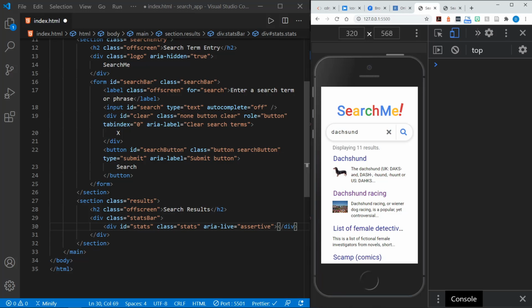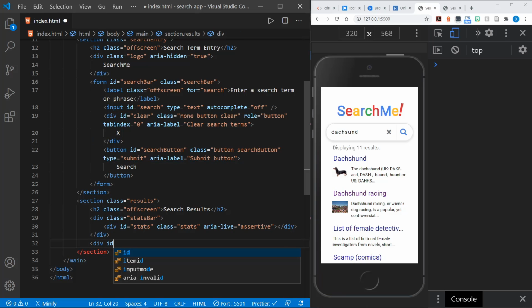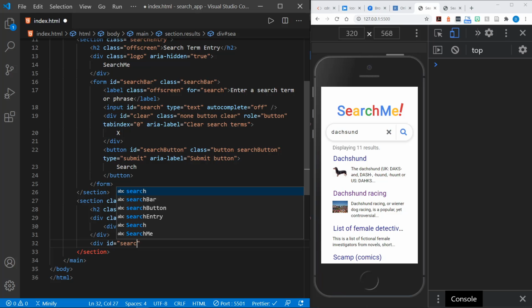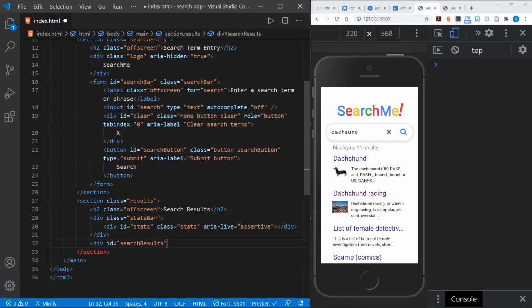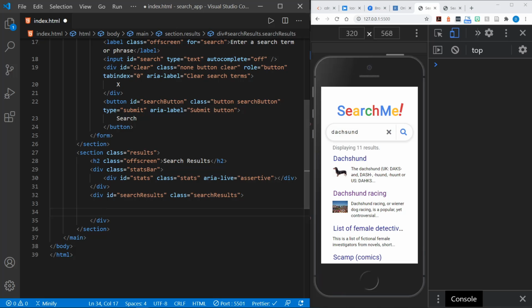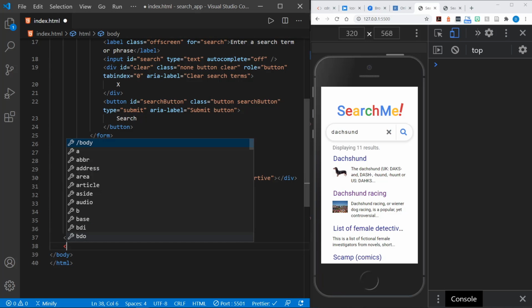Okay, after the stats, we'll actually have the search results. So this will be another div. We'll give it an ID of search results. And we'll also give it a class of search results. Now these search results will be dynamically created. I will pull in some static information just so we can style the page like we're getting right here. But right now I will skip past that, and we want to go down to the footer section right below